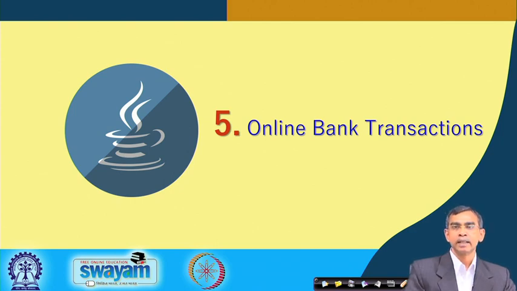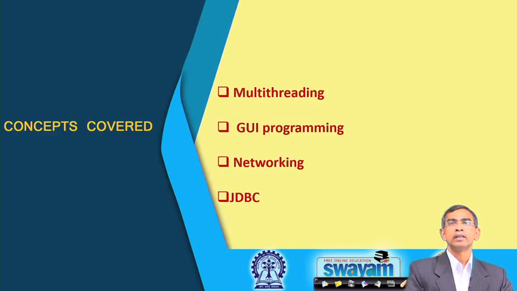Now, let us discuss another project, the fifth project. You have a little bit of an idea about bank transactions while we are discussing multi-threading in this course. It is heavily based on this concept, a transaction system, but using multi-threading. In addition to threading, it will consider a few more Java programming aspects like GUI programming, networking, and JDBC. So, this is a little bit more complex, heavier program compared to the last 4 programs that we have discussed, because so many skill sets are involved.